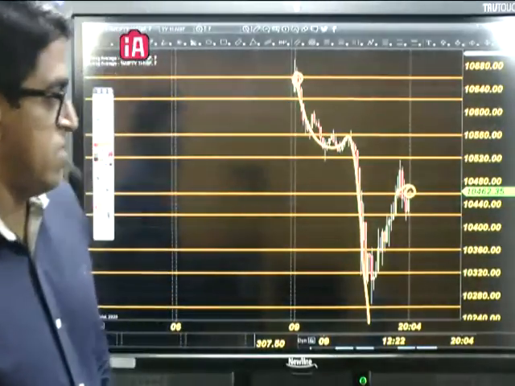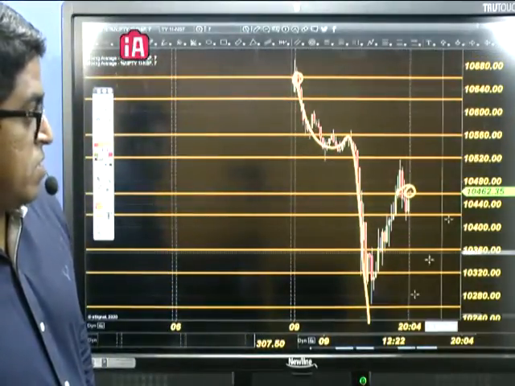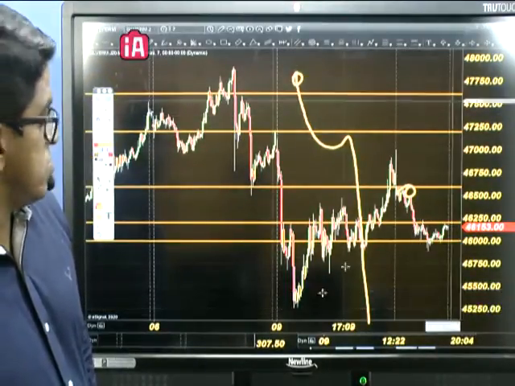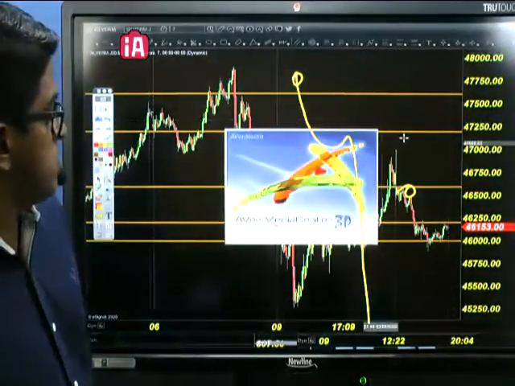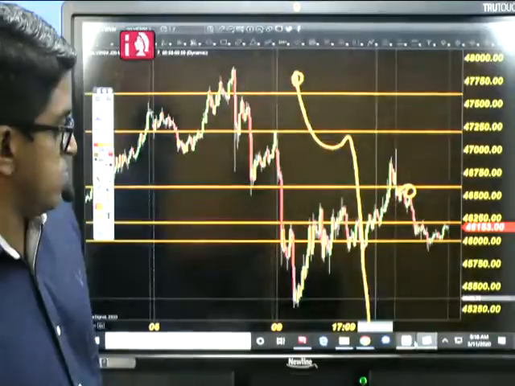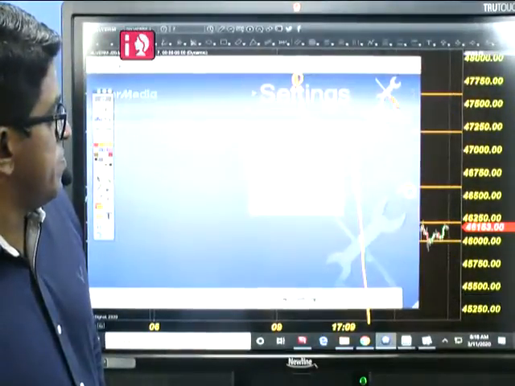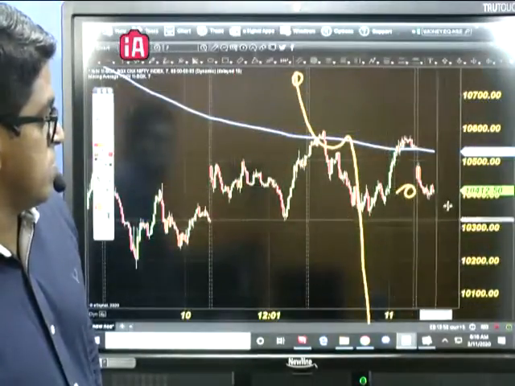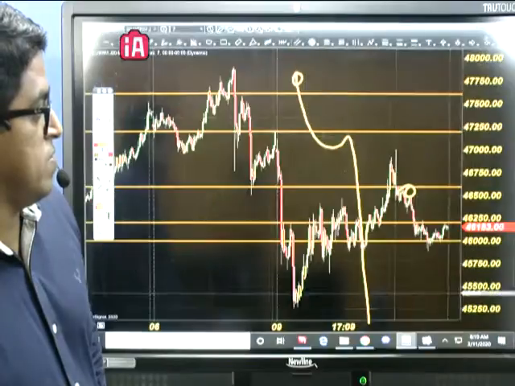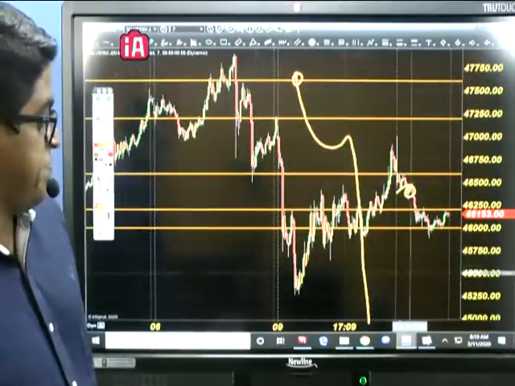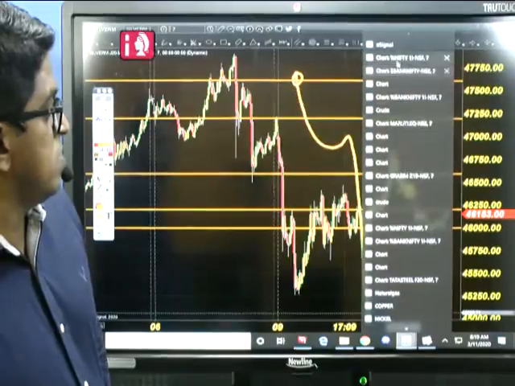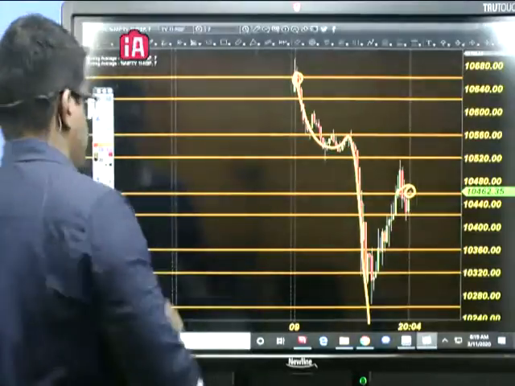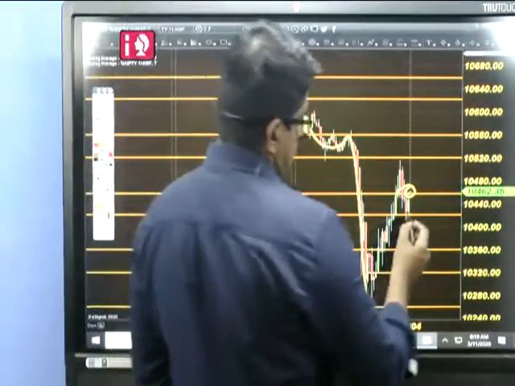What did we see on the Singapore exchange? What is the price opening we had seen on the Singapore exchange? Let's go back and see the price opening we had on the Singapore exchange. Let's go and see. Okay, 10,412. So for NSE, you can expect the price to open a little bit lower, somewhere near 10,420.